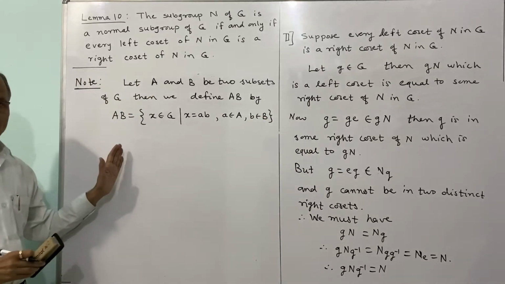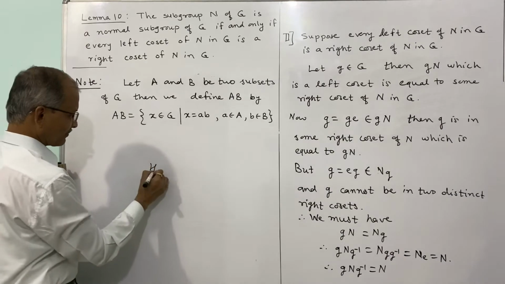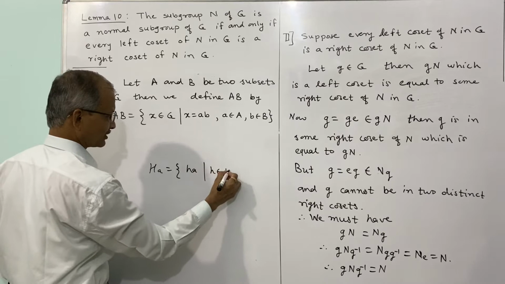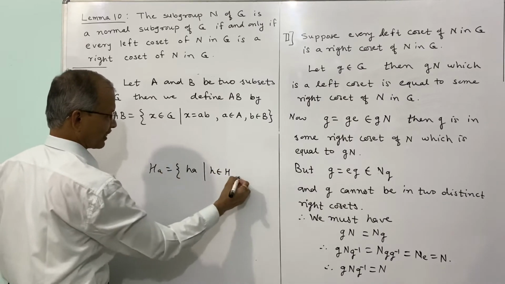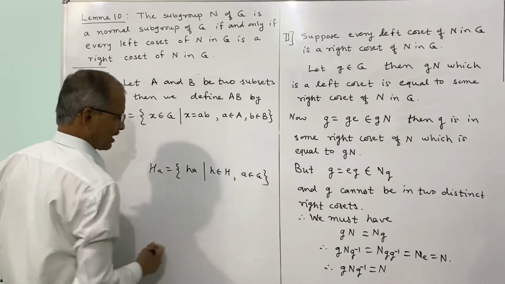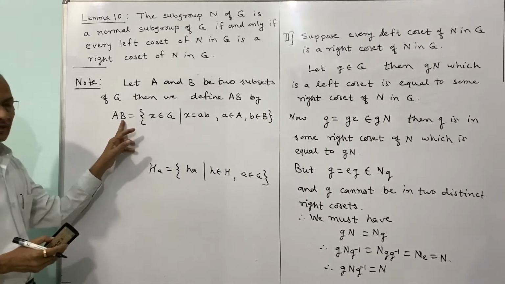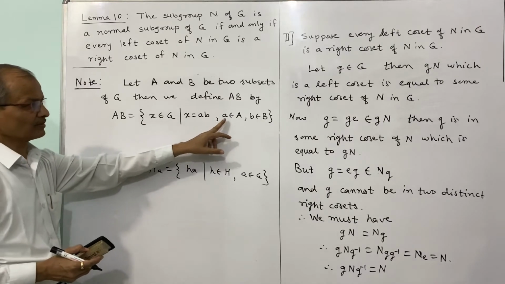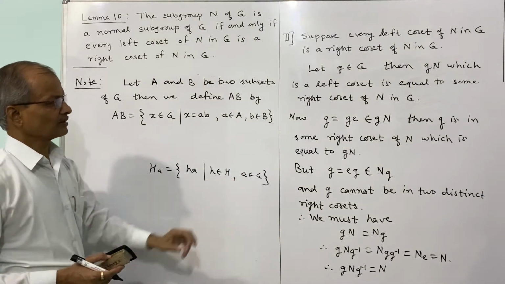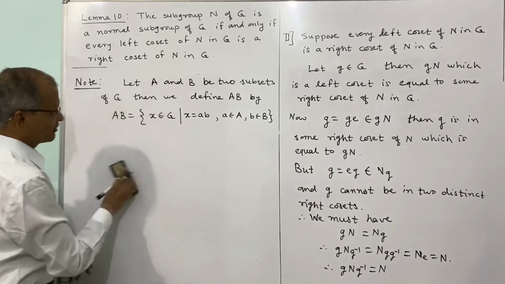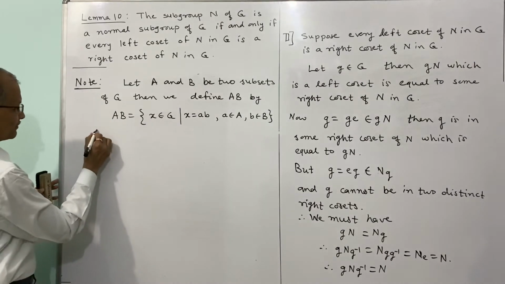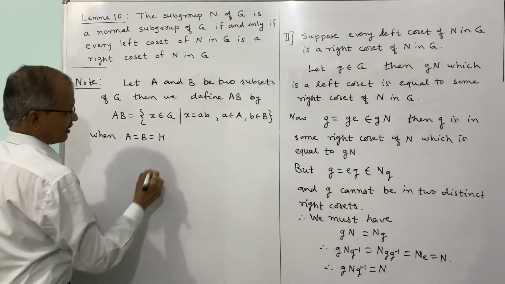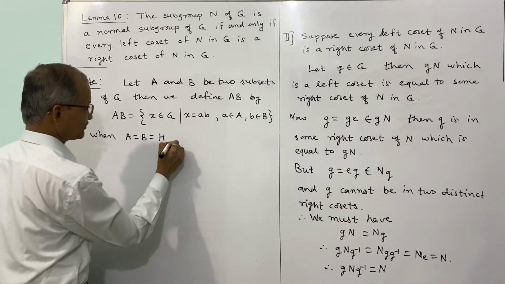This is similar to the meaning of Ha. How have we defined Ha? We defined Ha as the elements ha such that h belongs to H and a belongs to G. And here AB is equal to the elements of the form small a into small b, where small a belongs to capital A and small b belongs to capital B. That is the meaning. When A is equal to B is equal to H, where H is a subgroup of G,